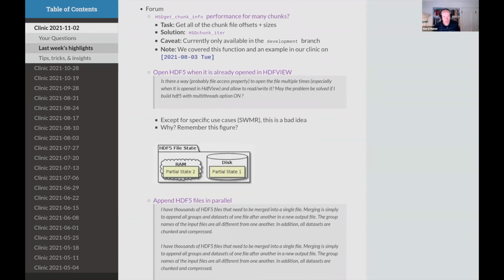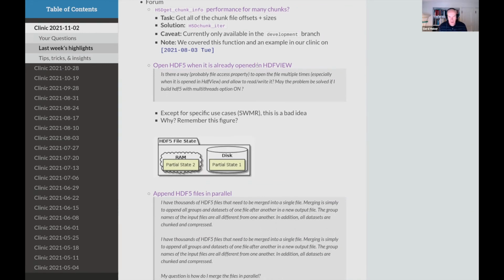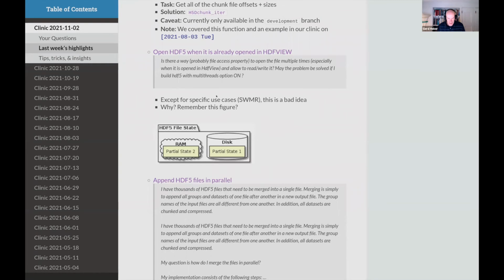Another interesting question somebody asked: what about using HDFView, having a file open, and then maybe while another process is writing to it or reading from it, or maybe even making modifications in HDFView? Well, while that may sound like a plausible or appealing thing to do, it's really in a way a bad idea, except for very specific use cases. For use cases where this would make sense, not necessarily with HDFView because it doesn't open in SWMR mode,